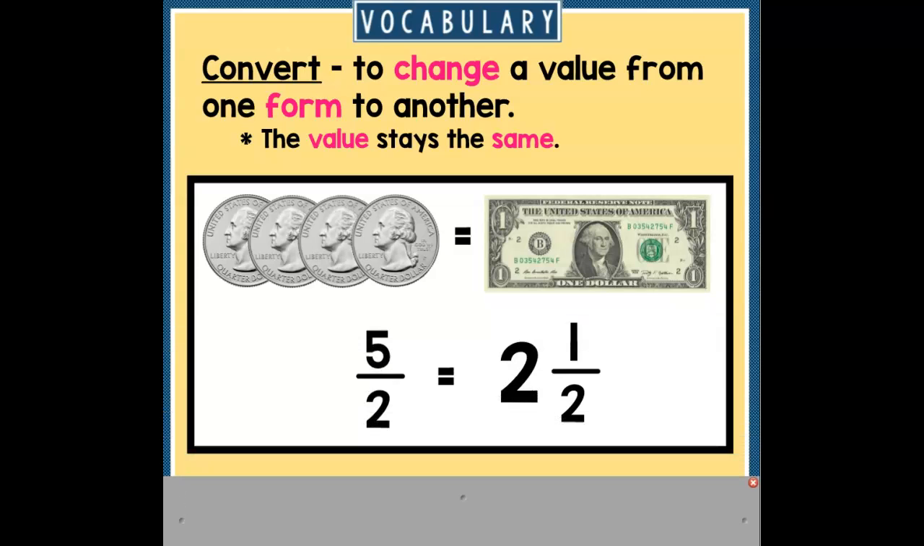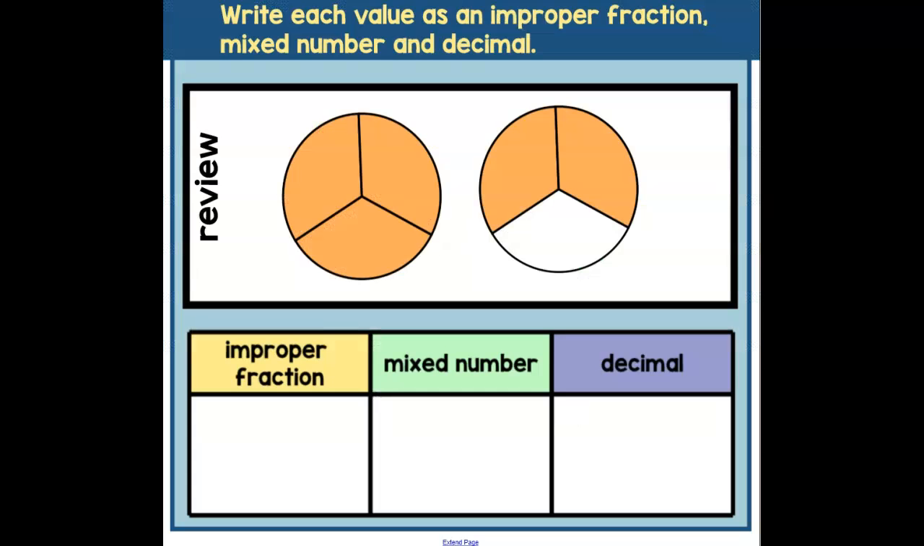I could think of 5 halves. It's still equivalent to 2.5. It's just another form or another nickname or another way to write it, but I'm not changing the value at all. Okay, so on your number line, on your whiteboard or on your paper if you're at home, go ahead